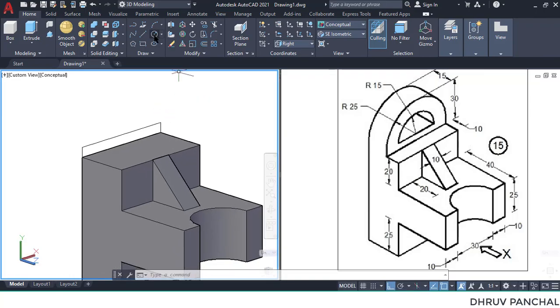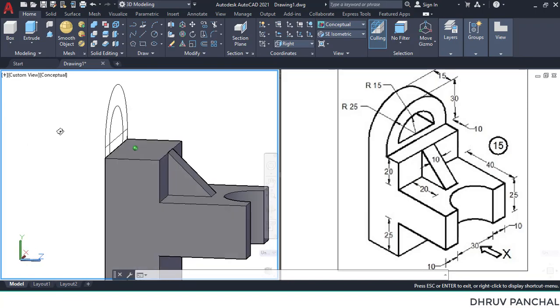Now select the circle command. Select the midpoint and draw a circle having 25 millimeter radius. Again select circle command, select the midpoint of the line and enter the value of radius which is 15 millimeters and press enter.